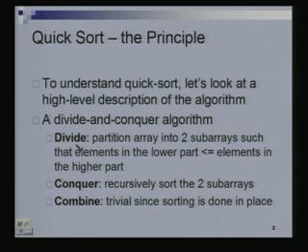The divide step, in the case of quicksort, would be that we will partition our array. We will take the array which stores the n numbers and break it up into two parts. One we will call the lower part, the other we will call the higher part. The property of the lower and the higher part would be that every number in the lower part would be less than every number in the higher part.